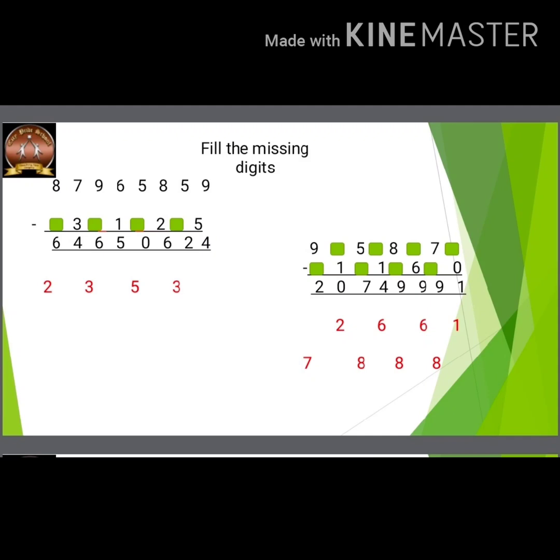Now 5 minus 6 will not give me 9, but 15 minus 6 will give me 9. So again here this has become 8, but you have again borrowed it to make 15. So this number has become again 7. Now 7 minus what will give you 9? It was same as the tens place. So it has to be 8.